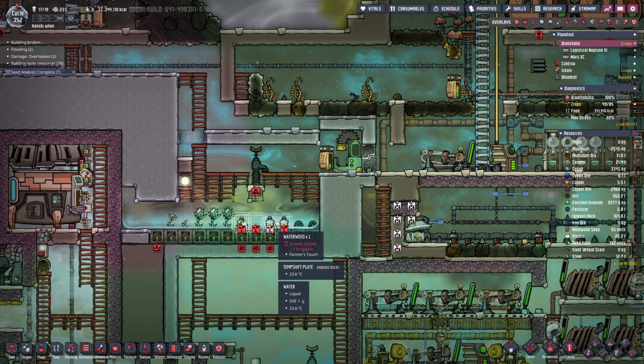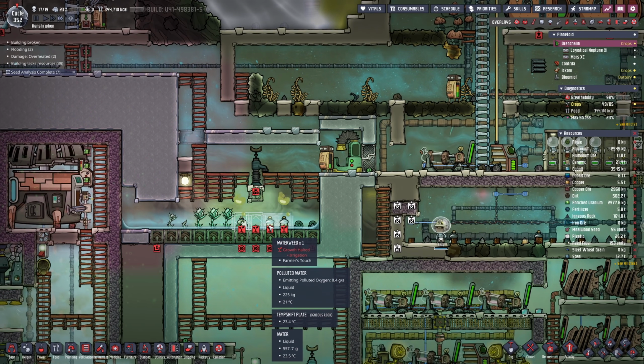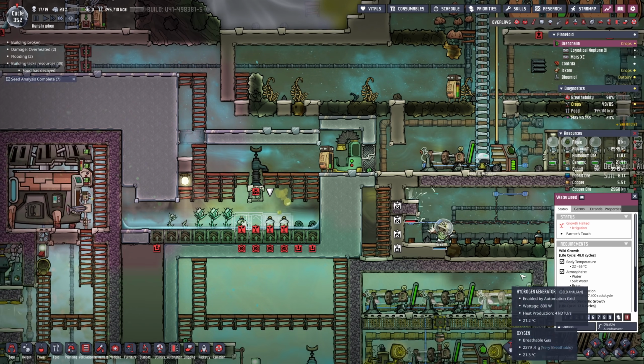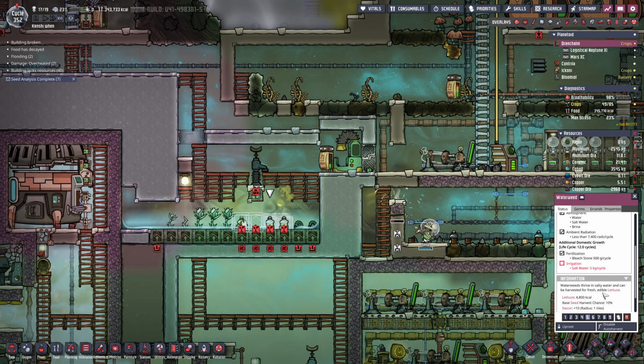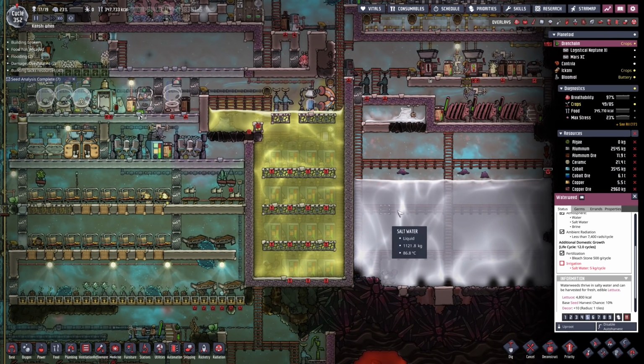No, the temperature shift plates went in at about 23 point something. That should be more than enough to help drag us up the temperature. Just enough to get those water weeds growing. What's wrong with your irrigation? Oh, they want salt water. Fine. Where do we get...